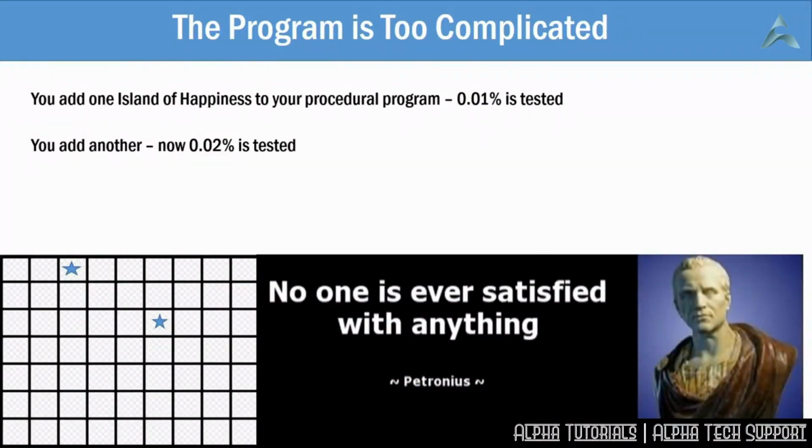You've got a small change to make. You proceed, as I just said, by putting all the new code in one or more islands of happiness and changing the tiny part of the program that you had to change anyway to make it testable. Note, you don't have to build a new happy island each time. If it's just a new database access being requested, for example, you just add that as a new method to your happy database access class.